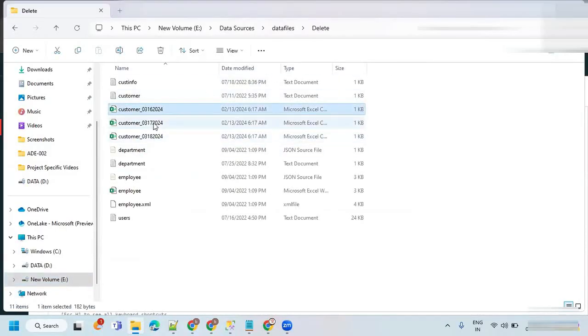So I'm having the files like this. I'm just going to give 04, 29, this is 28, this is 30. These 3 files I'm going to upload in the source. I wanted to read the data from today's file.